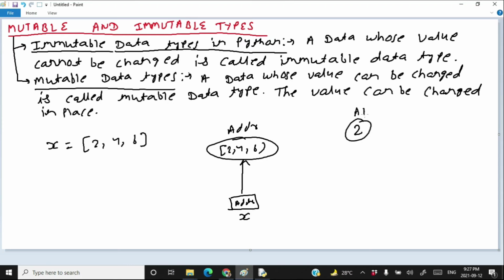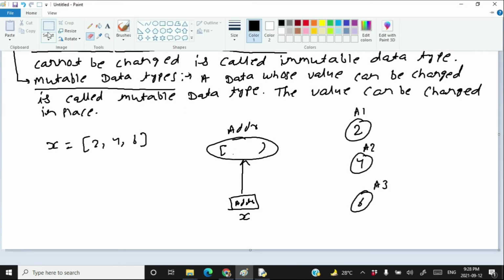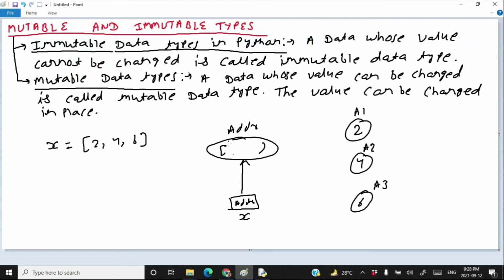Object 2 has the address A1. Object 4 has the address A2. Object 6 has the address A3. And these contents are not actually 2, 4 and 6. These contents are actually A1, A2 and A3. So hopefully you understood this. A1, A2 and A3. What do I mean by mutability?